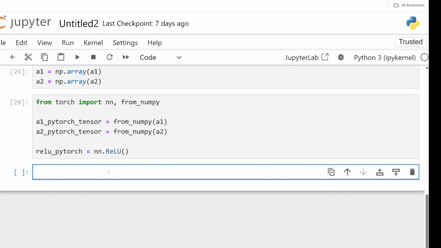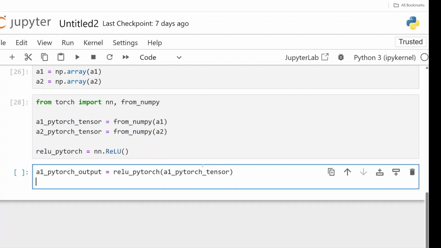Now we are going to convert both tensors into ReLU outputs. So for that we can say A1 PyTorch output is equal to the ReLU function that we have created, so relu_pytorch, and then I'm going to pass A1 PyTorch tensor. Similarly, A2 PyTorch output is equal to relu_pytorch, the function that we have created for the PyTorch ReLU function, and A2_pytorch_tensor.